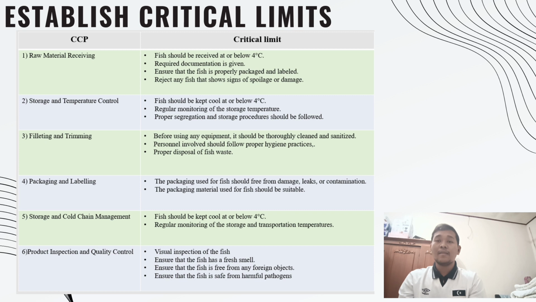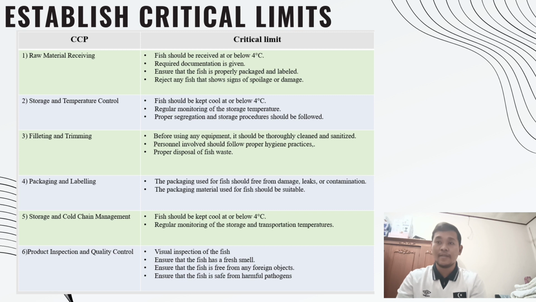The packaging material used for fish should be suitable for the specific type of fish and the intended shelf life. It should not interact negatively with the fish, affect its quality, or pose any potential health risk. The critical limit is that the packaging material should be approved for use with fish and comply with applicable food